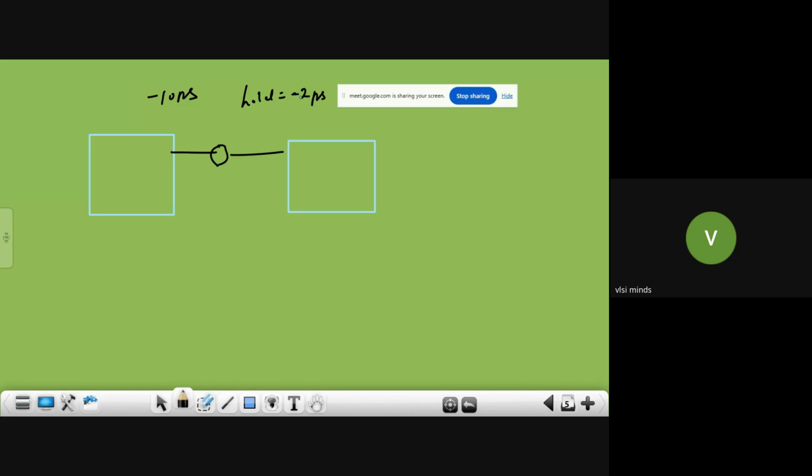So both can violate in the same path because setup is checked in a different corner, right? Setup is checked in the slow corner, and hold is checked in the fast corner. The cell delays are different in both corners. So now, in the same path, both are violating. If you try to fix setup by upsizing or by VT swapping, your hold starts violating. If you start fixing hold, your setup starts violating. Then how do you fix this?